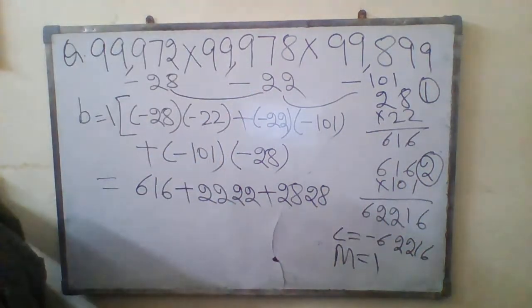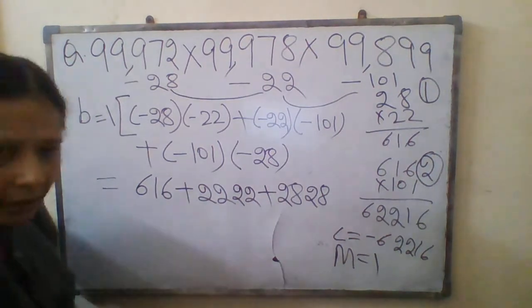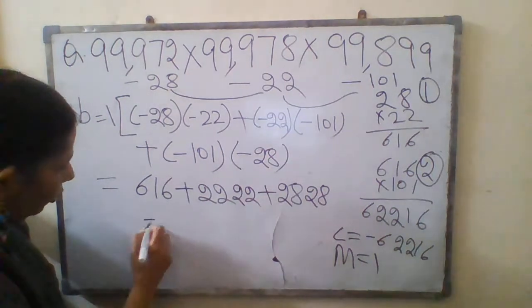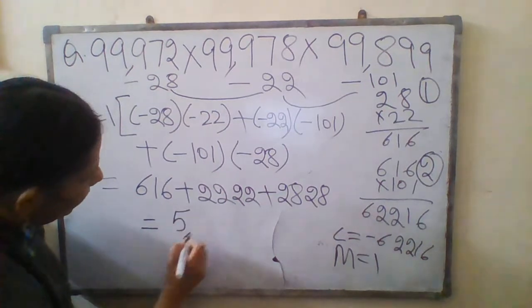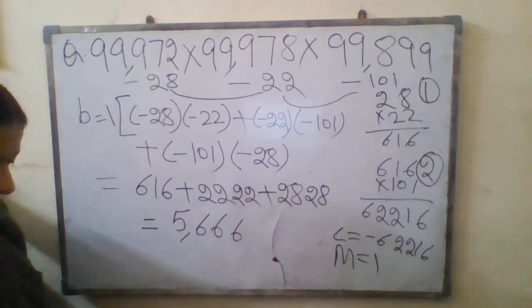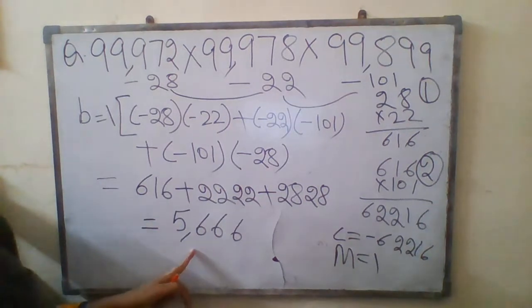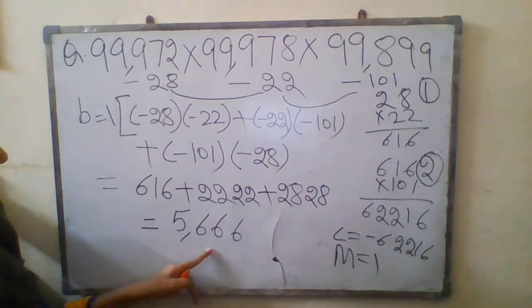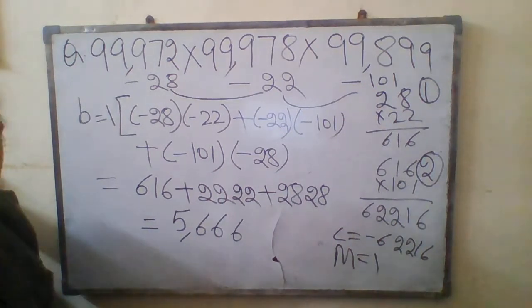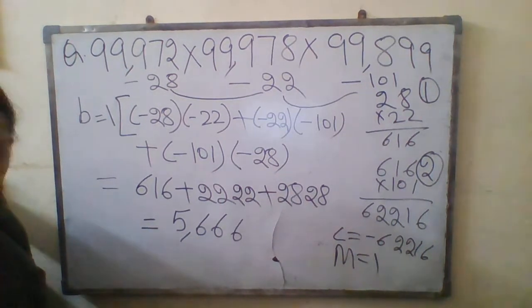Now what you have to do is simply do the additions which I have already done for you, and I am going to write down here. When you add all this, what will you get here? You will get 5, 6, 6, 6. When you solve the B portion, you will get this, 5666. So the value of B is 5666. I am going to rub all this, and I am going to write down the value of B only.